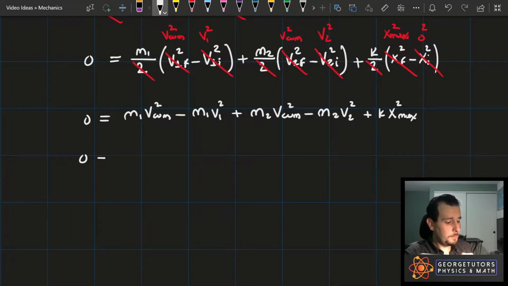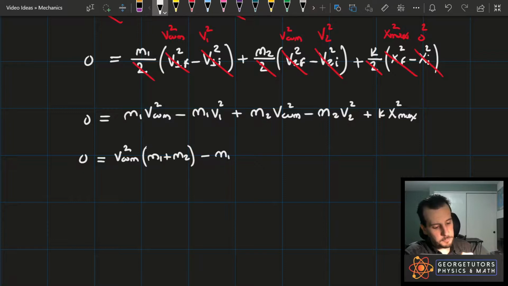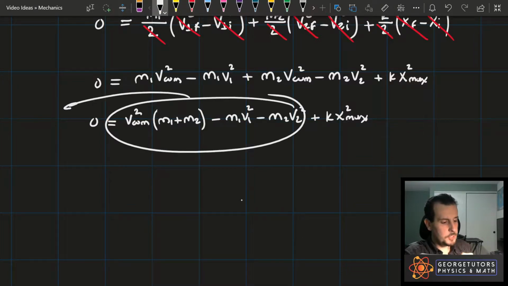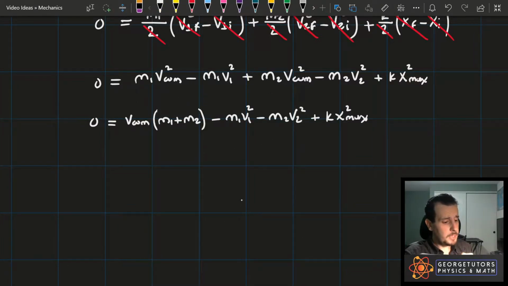So if I factor vcom squared, I see that I would get simply the masses summed together, and then the rest would be exactly the same. So I'd still have minus m1 v1 squared, minus m2 v2 squared, and then plus kx max squared. The next move is to move this stuff to the other side. So if I isolate for kx max squared, I'm going to have,